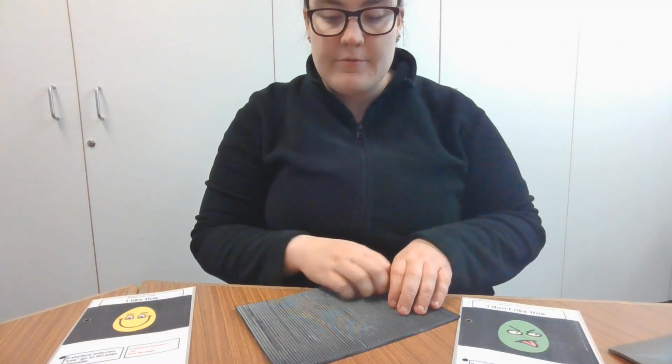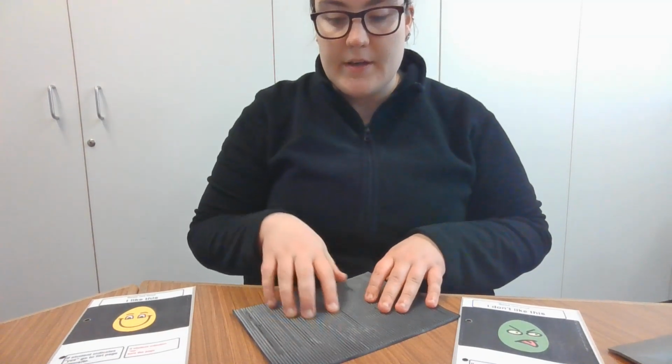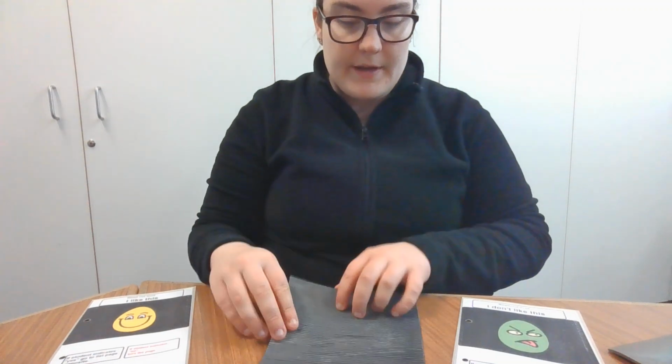So this is just a piece of rubber that's very rough. You can make noise with it. A student can feel that there's ribs of rubber in it. I would be placing this in front of them where it's accessible for them to touch and explore with their